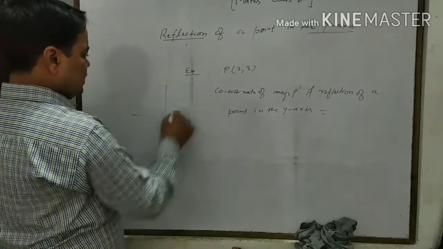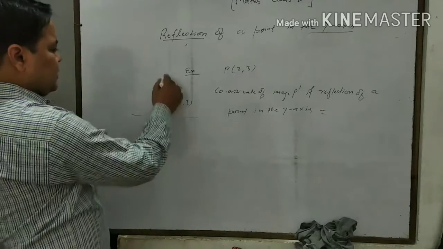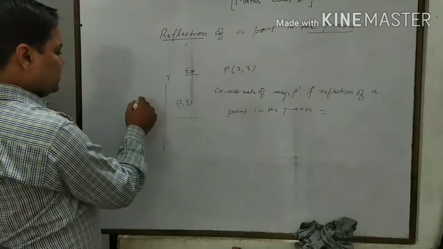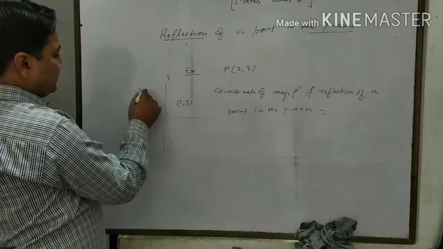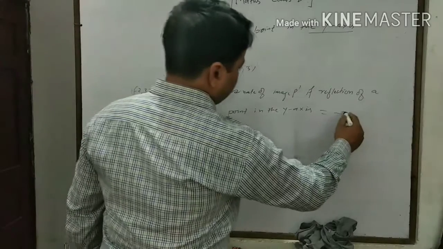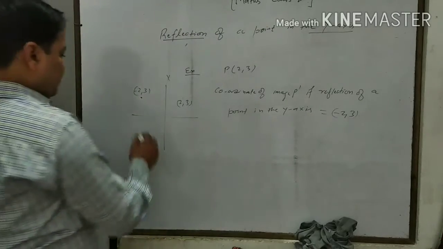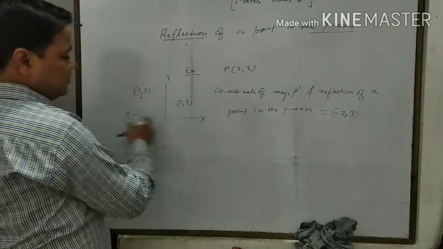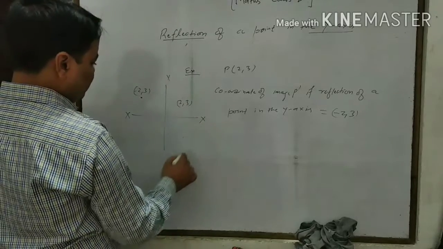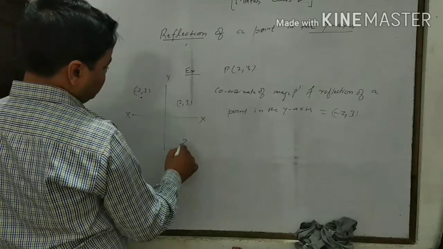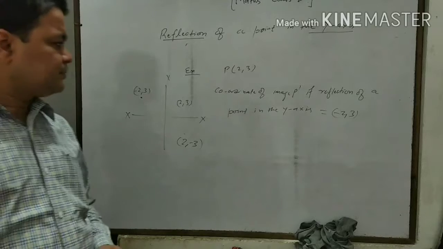So here, if this is the point (2, 3) and our reflection is in the y-axis, then its image will be here in the second quadrant, and the coordinate will be (-2, 3). Similarly, if the x-axis works as a mirror, then the coordinate of the image will be here in the fourth quadrant, that will be (2, -3). Okay,